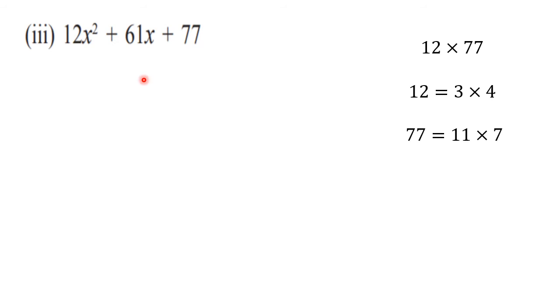Now while writing, you can write 33x plus 28x, or you can write 28x plus 33x. Okay, your choice. If you see here, 77 is there. You know that 33 and 77 are in the table of 11, so it is better to take that out common. So you can write 33 afterwards and 28 first. Anyhow you write, you are going to get the same answer, no doubt.